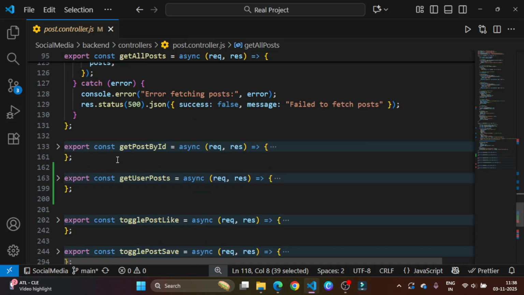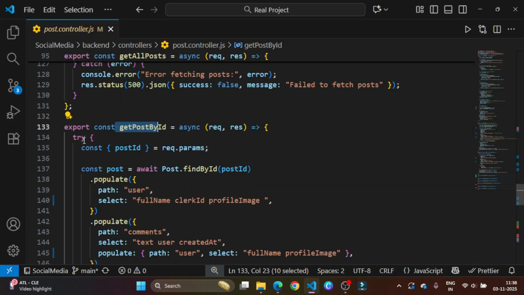So now let's talk about our next controller, get post by ID. The purpose of this one is simple. We only care about fetching a specific post by its ID. This is useful whenever someone wants to open or view a single post page, or when you need that post for further action like comments or likes. So inside the try block,